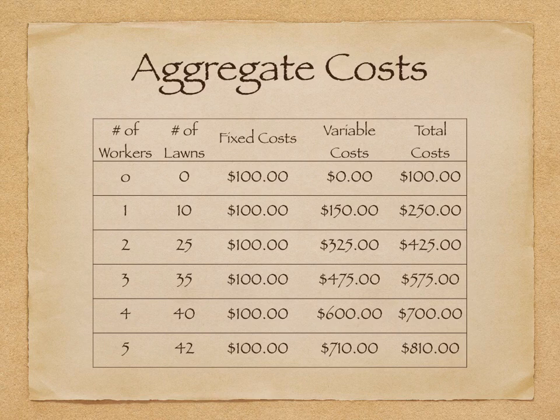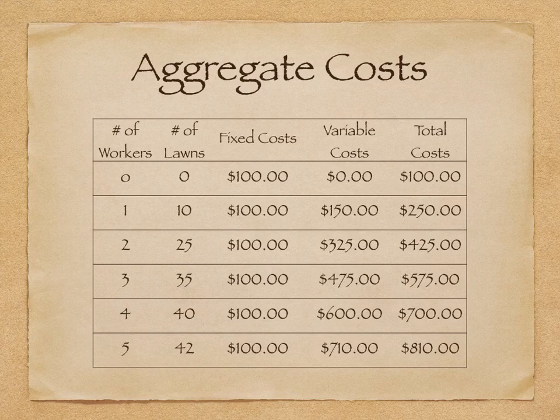Now we'd like to take a look at the concept of aggregate costs. And by aggregate, all we mean is added together. So we want to take a look at three related but separate concepts of fixed costs, variable costs, and total costs. Fixed costs we are going to define as those costs that neither increase nor decrease as production increases or